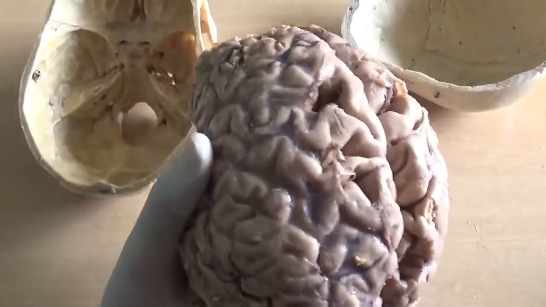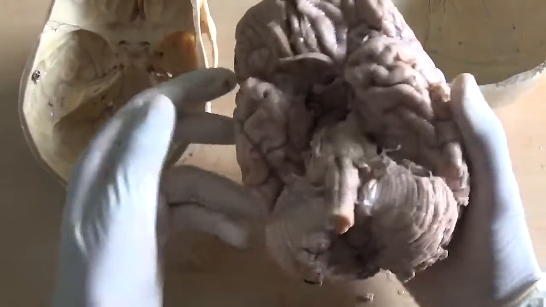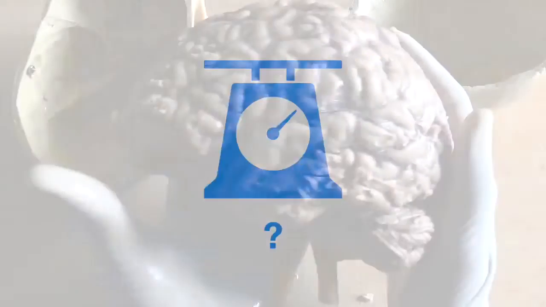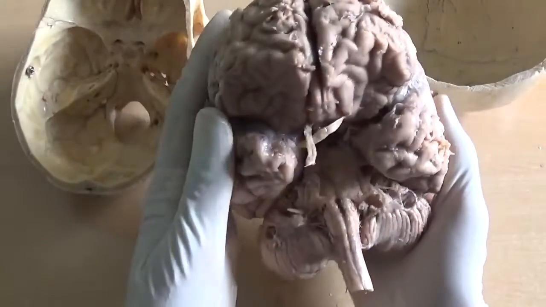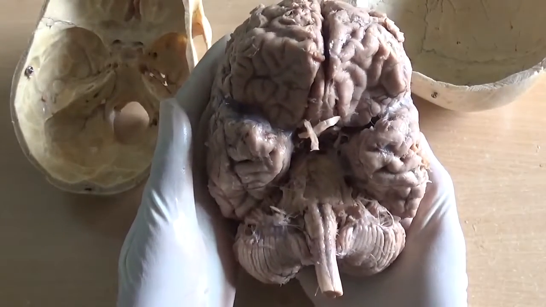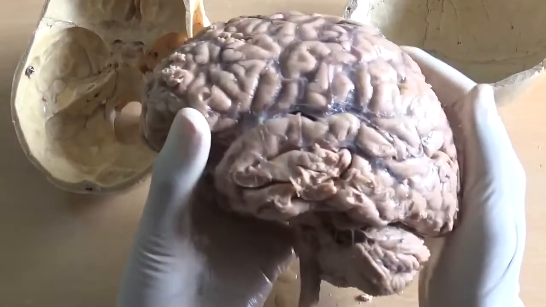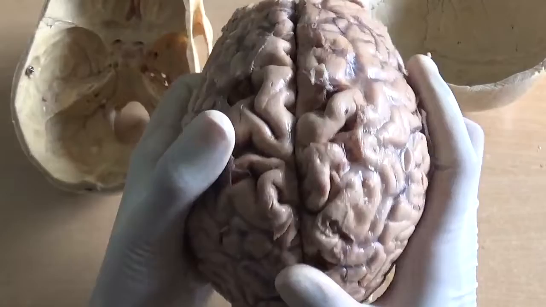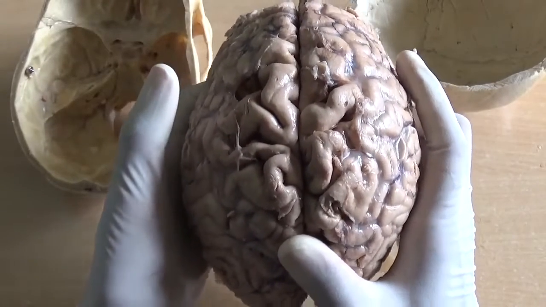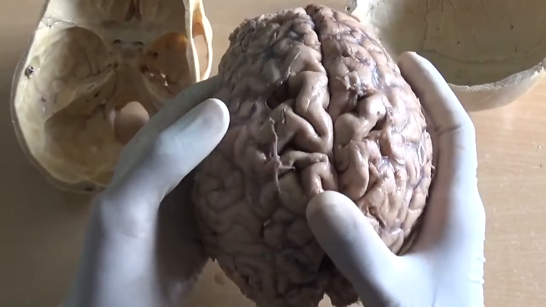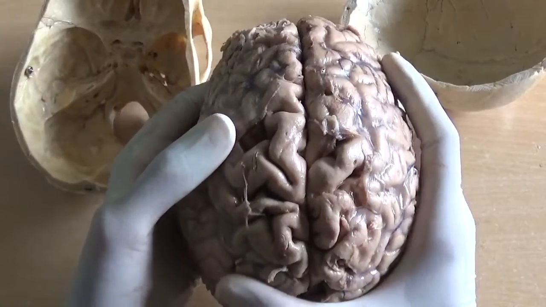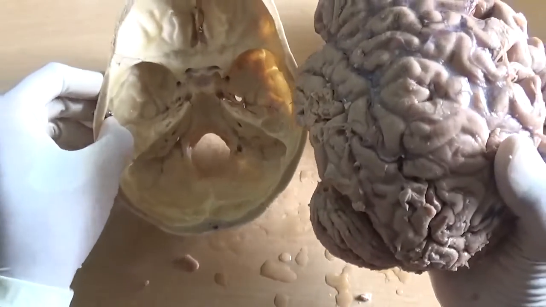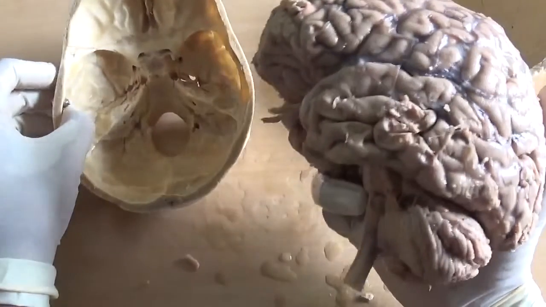Now let's see some of the measurements of the brain. So it is a bit heavier. So what is the weight? In an adult male, on an average it weighs 1400 to 1500 grams, and in an adult female, on an average it weighs 1200 to 1300 grams. Now just imagine, this much heavy brain we need to hold over our cervical spine, along with the skull, along with the soft tissue, along with the blood, along with the CSF.